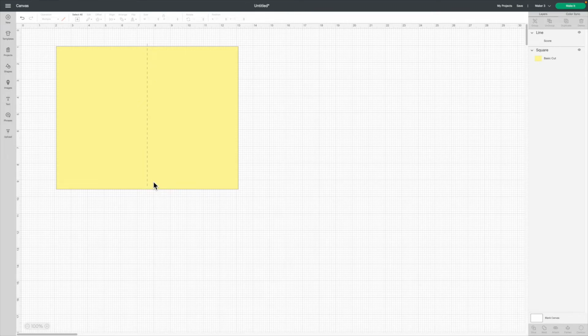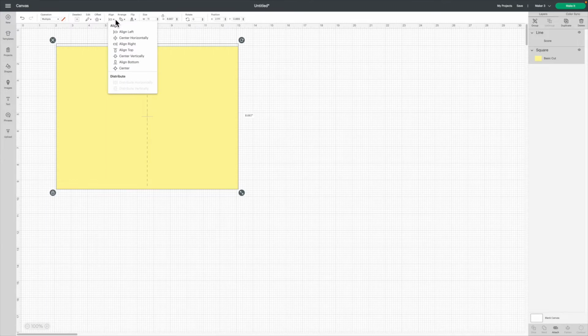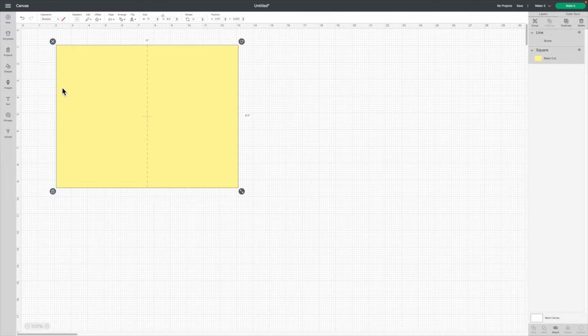Repeating the process and clicking the center vertical line will also make sure it's right exactly vertically. So this is totally in the center.